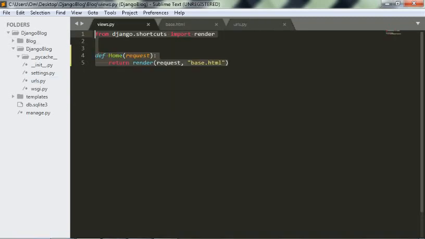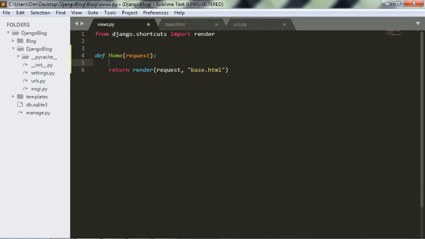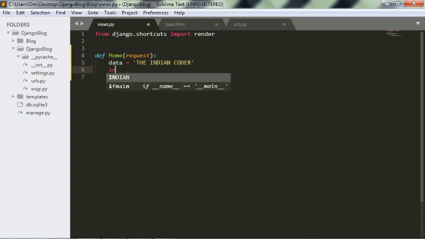To do so, just go in your views.py and let us name a variable data, and let it be name with the value Indian Coder, and let us do one more, an int number variable, with the value 10.